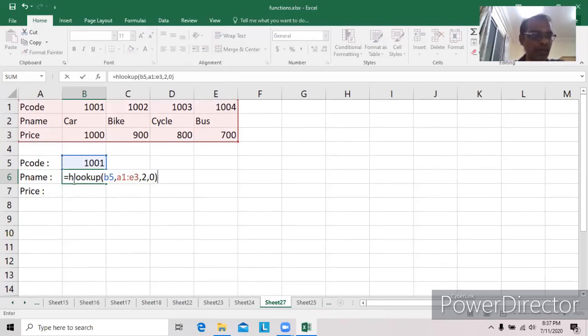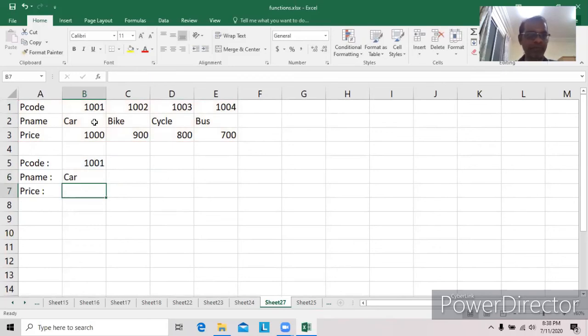Here HLOOKUP searches for the lookup value, that is 1001, in the topmost row of the table A1 to E3. 0 stands for exact match. If the exact match is found, then the second row value in the same column will be displayed. Here car will be displayed.